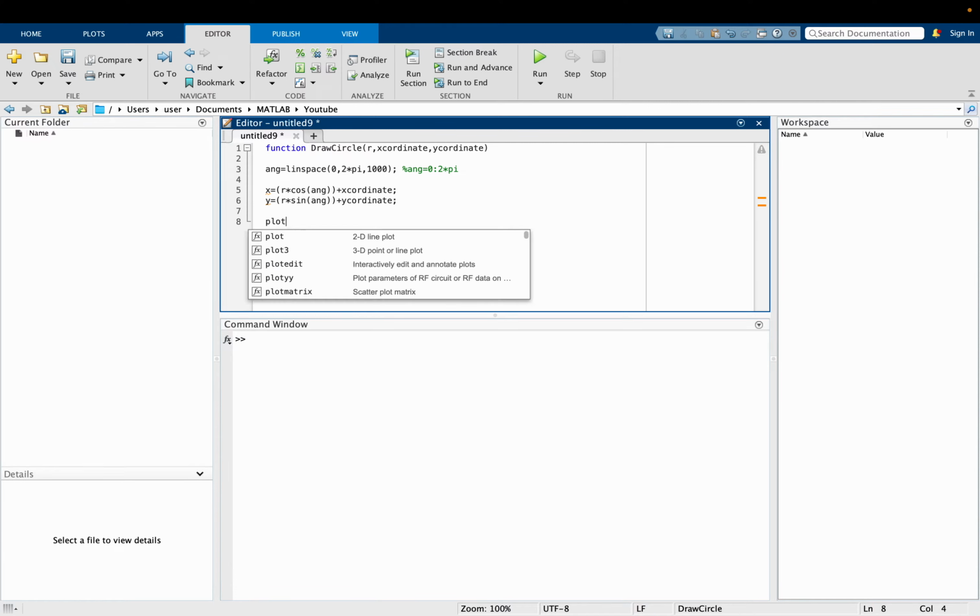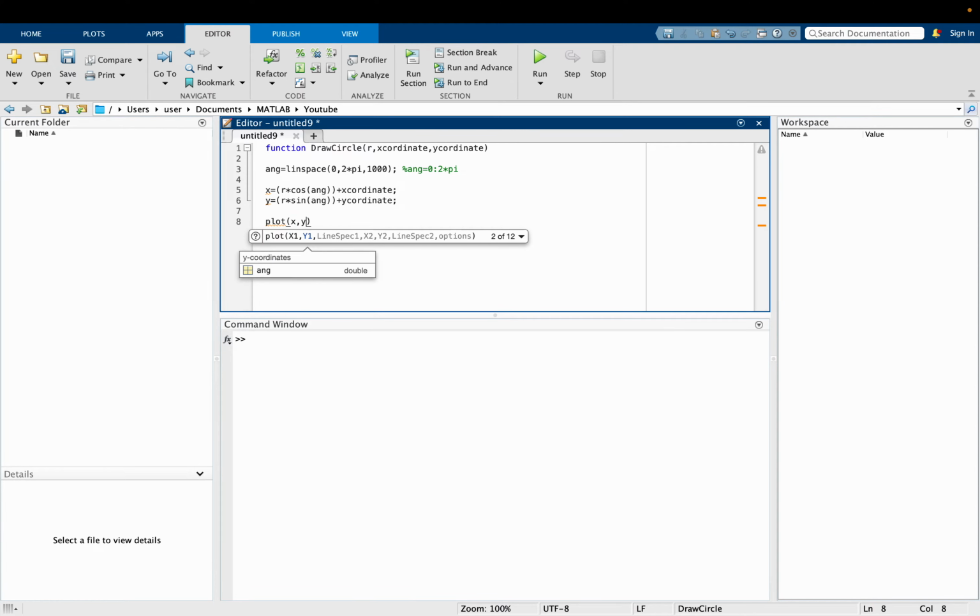So all I need is to plot it. x, y, I want it to be red, so I will use the r. I want to increase the line width from the default in order to have a thick line. So let me increase it to 3. Then I will hold on